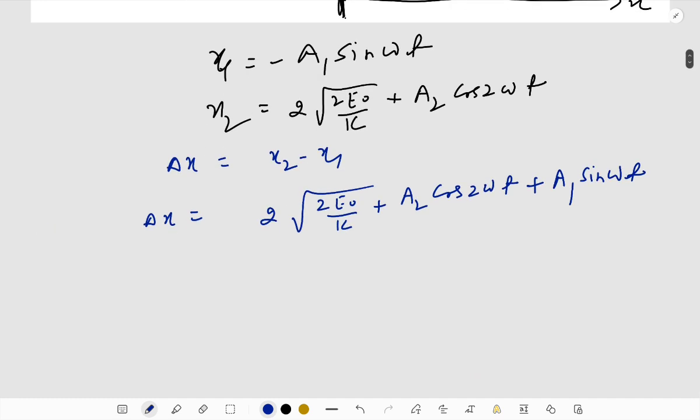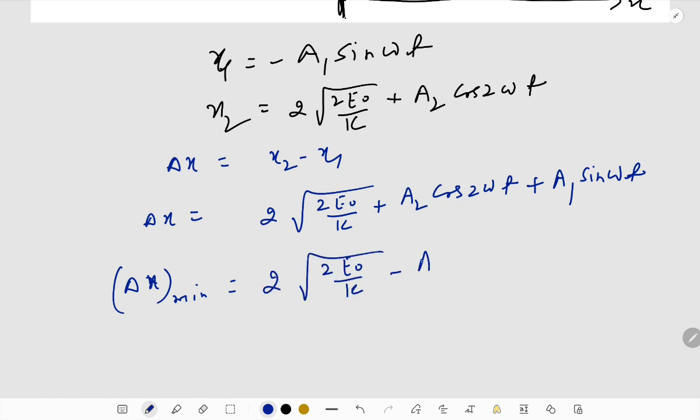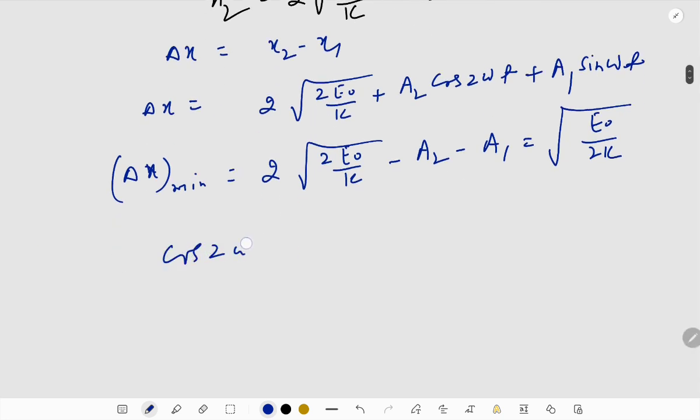And I wanted to say that the minimum value of delta x is simply twice 2 e naught by k minus a2 minus a1. And that you can get something like under root e naught by 2k. This is the minimum distance, and it happens at the moment when cos 2 omega t and sine omega t